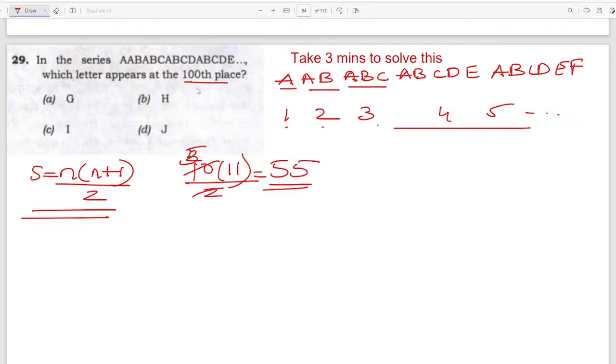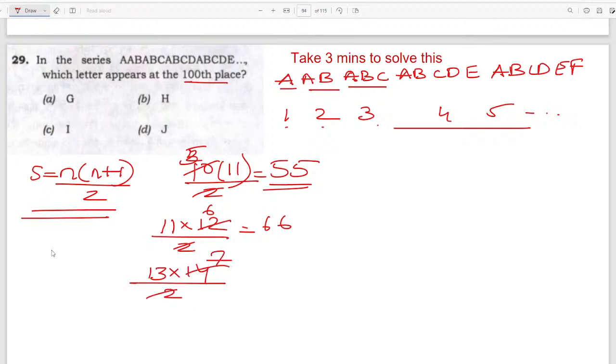But we need the 100th term. So let's say 11 terms: 11 into 12 divided by 2 is 66. If I increase it to 13, 13 into 14 divided by 2 is 7 times 13,